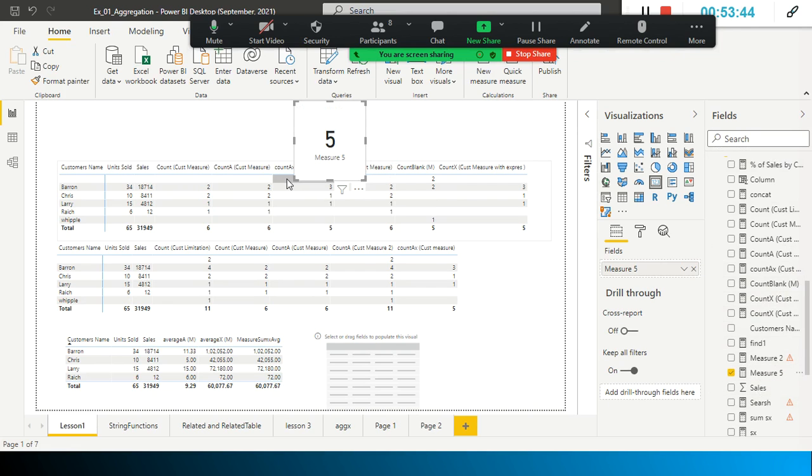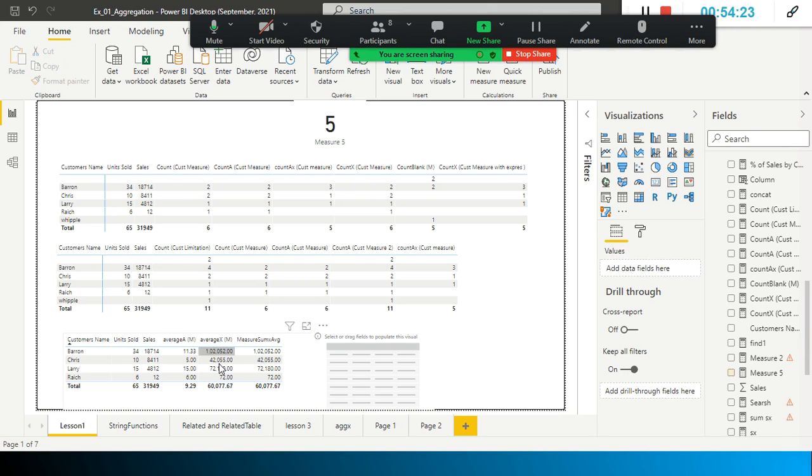So 5. So this is for the distinct values. Okay, look here, by looking at this itself, we can say these are the distinct values. Though their names were repeated, if you want to find out the unique names, only 5 names are there. Though the Baron name appears more than one time, we don't need all the number of occurrences of Baron. All we need is how many people are there, right? So 5 people. So DISTINCTCOUNT, no blank, right? If you have any blank, you can experiment with all these things, okay?